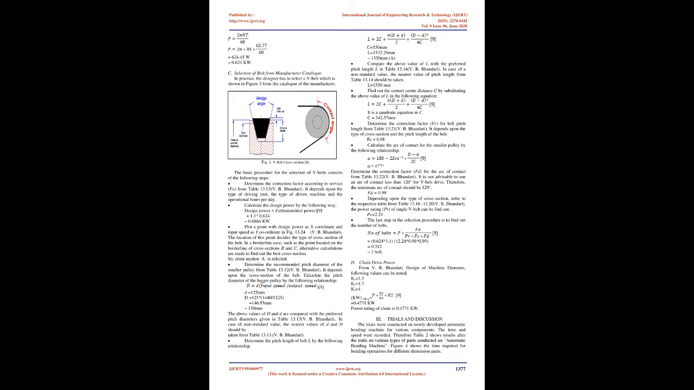Determine the recommended pitch diameter of the smaller pulley from table 13.12, VB Bundari. It depends upon the cross-section of the belt. Calculate the pitch diameter of the bigger pulley by the following relationship. d equals 125 mm. D equals 125 * 1440/1225, equals 146.93 mm, about 150 mm. The above values of d and D are compared with the preferred pitch diameters given in table 13.13,